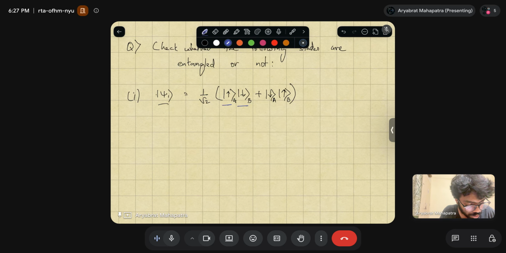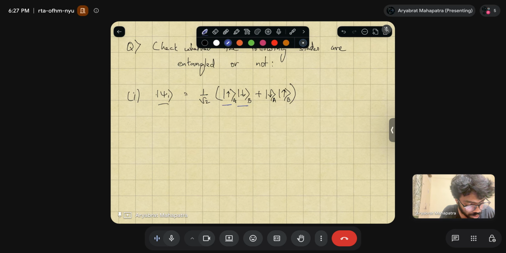If you remember, if we have two spin half particles, two spin half systems in quantum mechanics, and we take the composite system together, we have one spin belonging to H1 and another spin belonging to H2. In this case, as we are denoting with Alice and Bob, this is A, this is HA, and this is B, and this is HB. Now, when we bring them together,